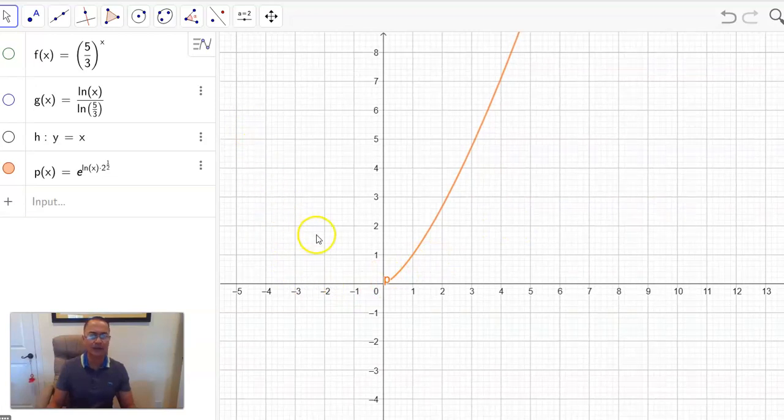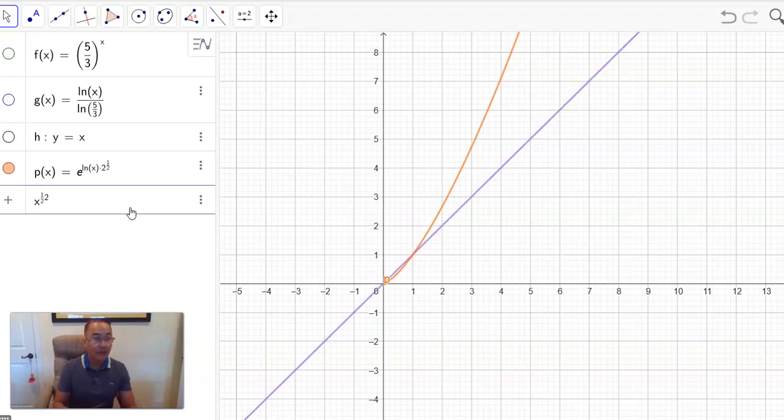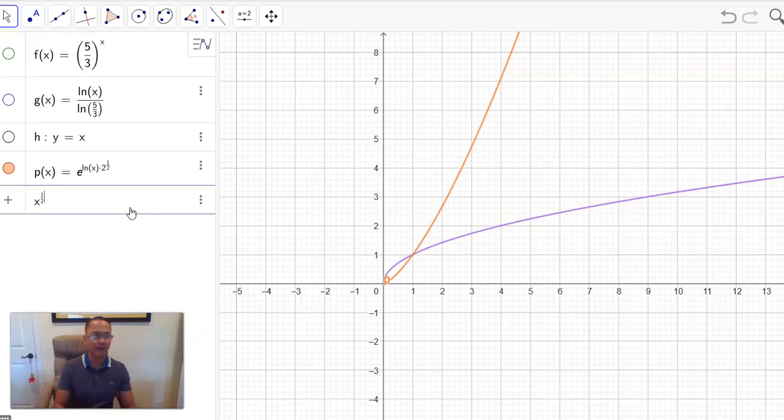Okay, does it look like x squared? I don't think so. Would you say it's like x squared? Not really. How about x to the 1/2? Delete that. Ugh, even worse. So neither. Okay. Well, that's because